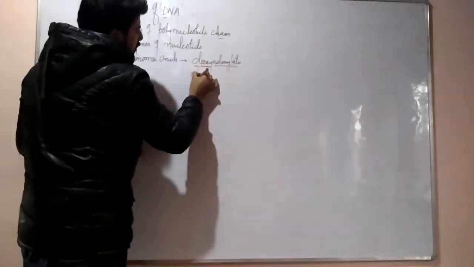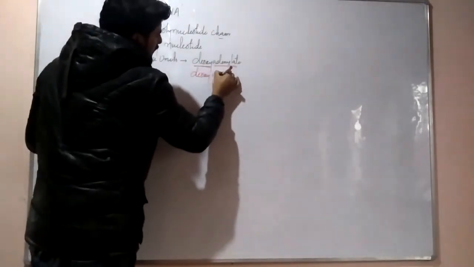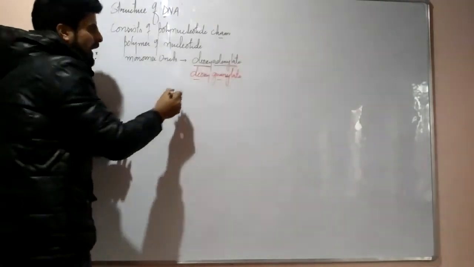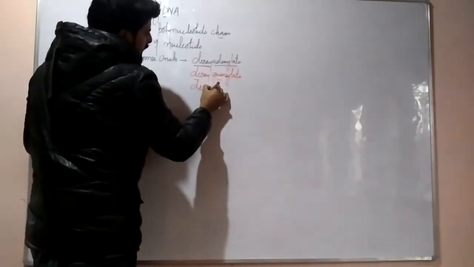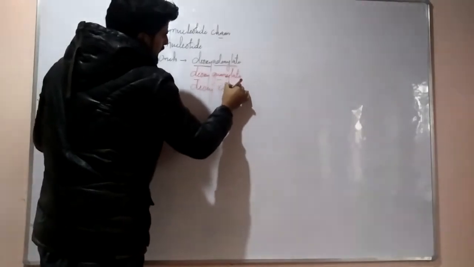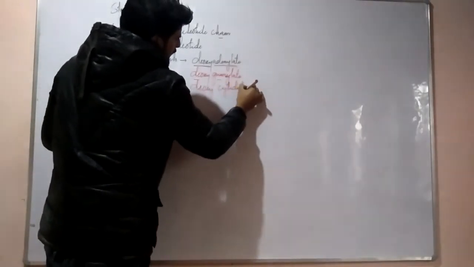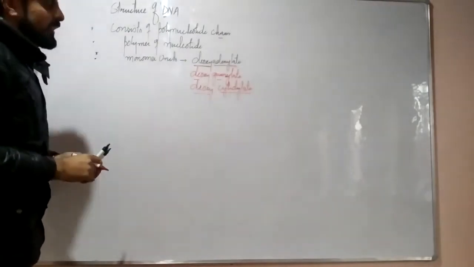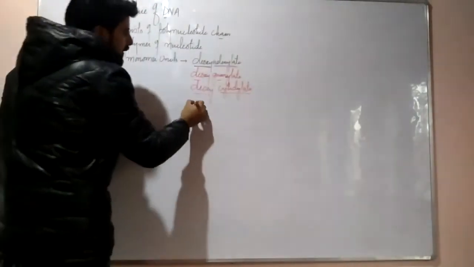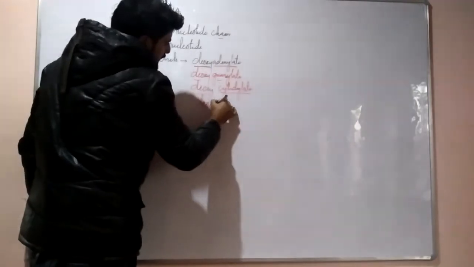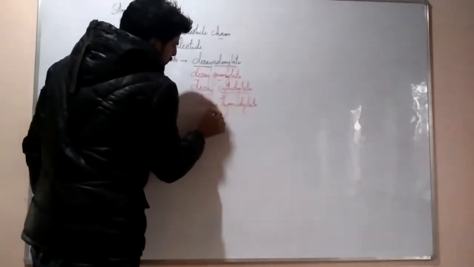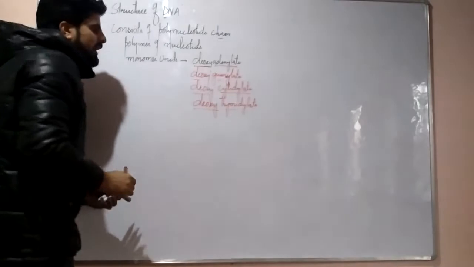Similarly, we have deoxyguanylate. That means it represents deoxyribose sugar and the guanosine triphosphate. Similarly, we have deoxycytidylate. That means we have a deoxyribose sugar, and cytidylate is actually the cytosine triphosphate. Similarly, we have deoxythymidylate. Deoxy is actually the sugar, deoxyribose, and thymidylate is actually the